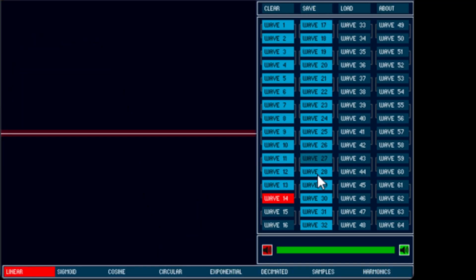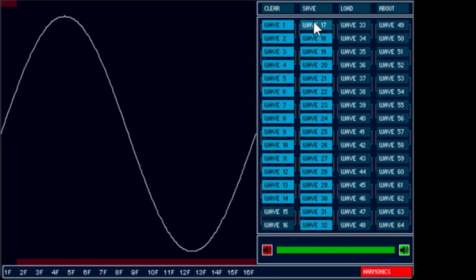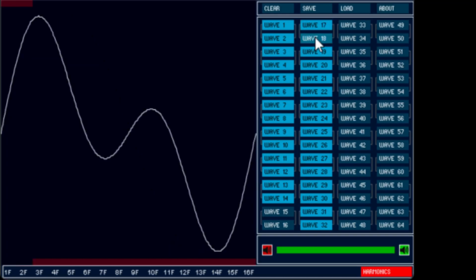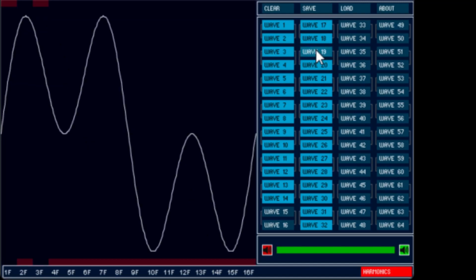Finally, I want to go through this series of waveforms created with the harmonics, and you've got a fundamental, and then we're adding to it the harmonics in sequence. So this is the second harmonic that we're adding to the fundamental, third,